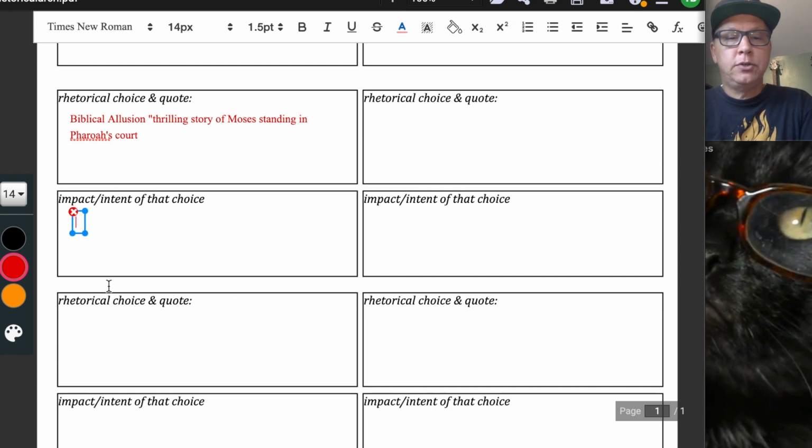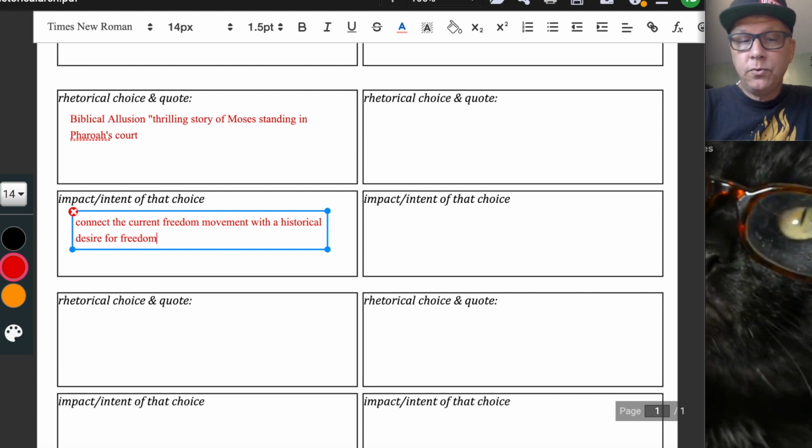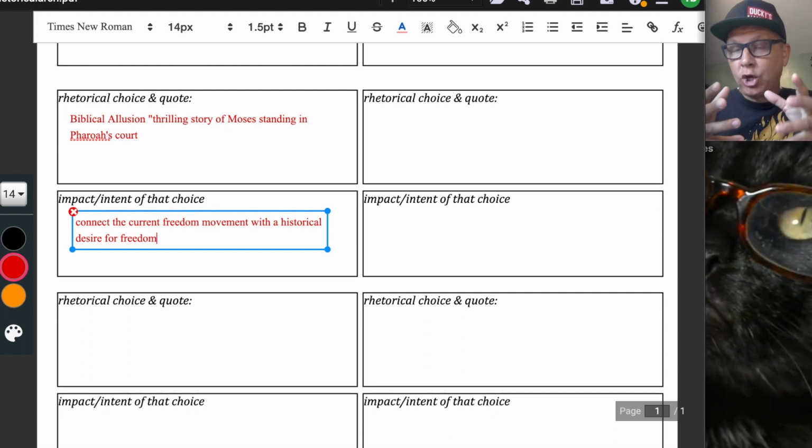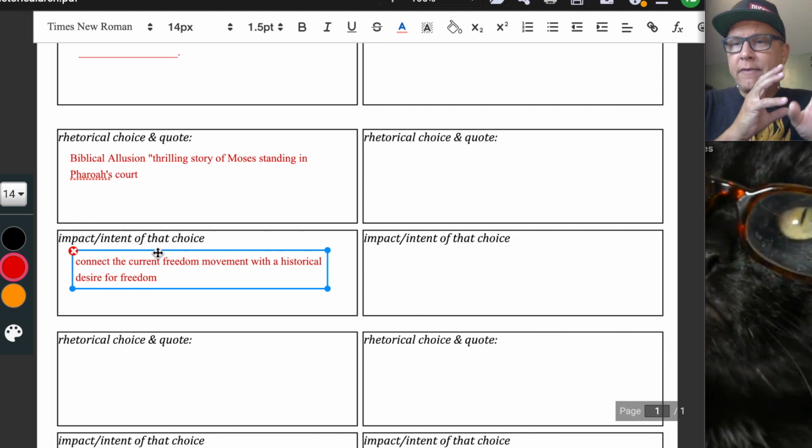And the reason would be to connect the current freedom movement with a historical desire for freedom, right? So now I have basically a core idea that I would then at some point in my paragraph where I'm talking about King's intent here before the tonal shift, I can use this then to develop concrete detail or evidence, and then